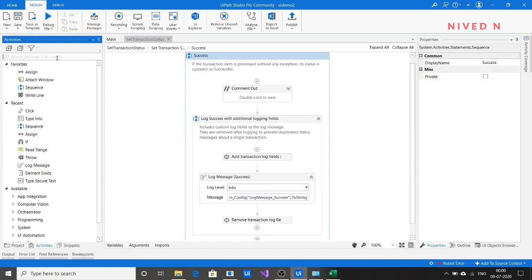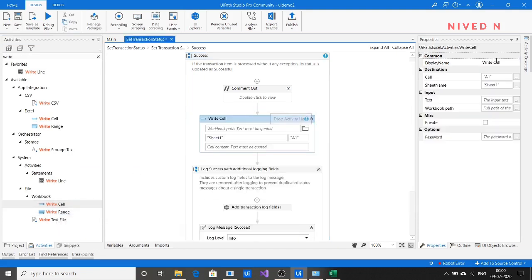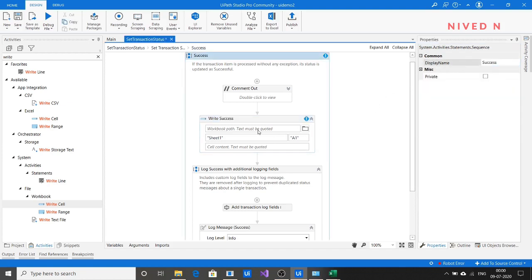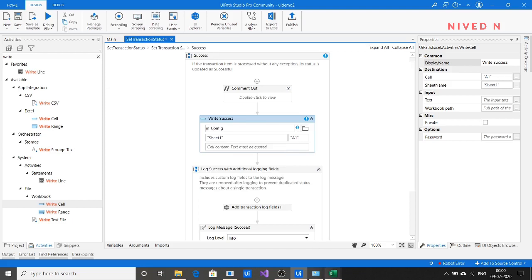So just use an activity called write cell activity. Write success. Just give the path. The path we already have specified in the config file.